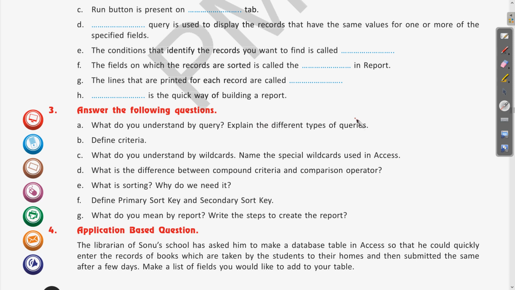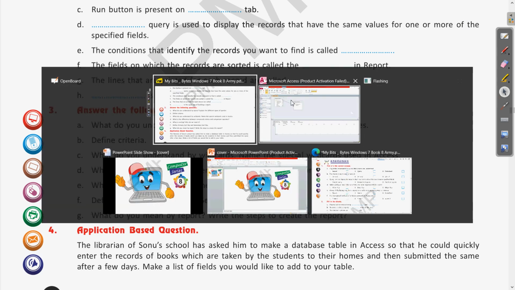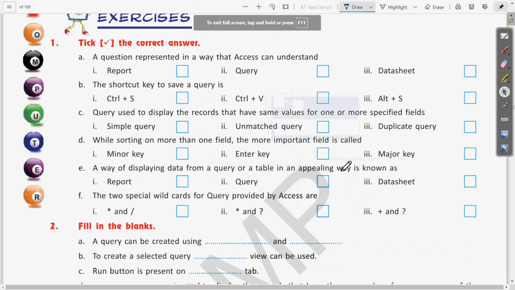Let us see what a query is and what the different types of queries are. If we come to the beginning of the chapter, we can get this answer at the starting of the chapter, around page number 45-46. Let us see.